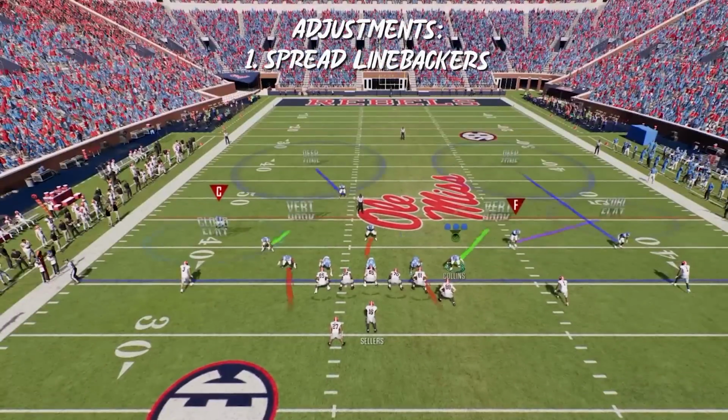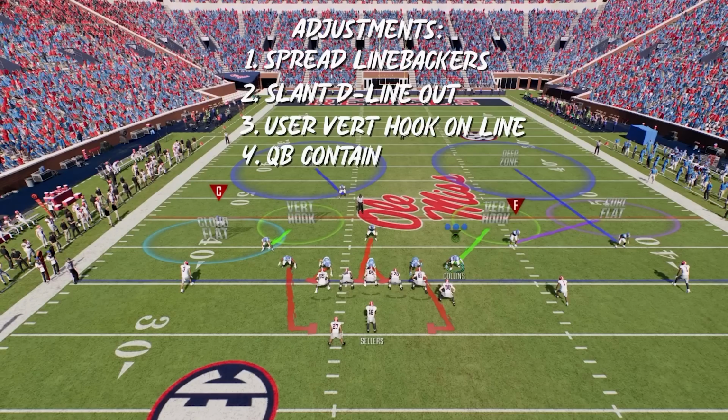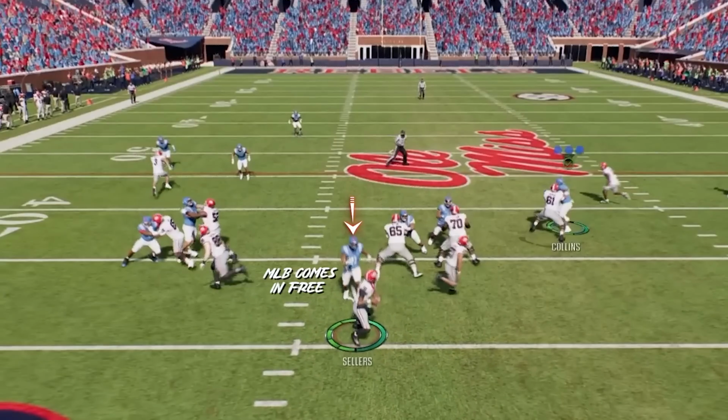To set this up, you want to spread your linebackers, then slant your D-line out. Then you want to use the linebacker who's on a vert hook on the line of scrimmage, and lastly, QB contain, and so this is pretty much the same setup as that Mike Will 3 blitz. Now this blitz will work the same way as the cover 3 version, so it's all about getting pressure